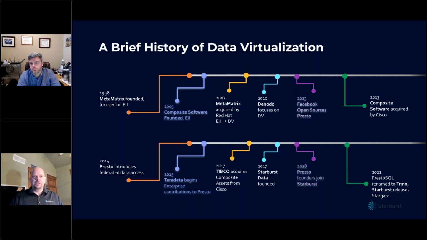And this was originally done as a product by a company called MetaMatrix that was very focused on data access, and this EII concept had a very heavy metadata basis. In 2003, Composite Software was founded, also focused on EII. This is where Jeremy and I actually both spent a number of years, which is where we come from for this background. In 2007, MetaMatrix was acquired by Red Hat,